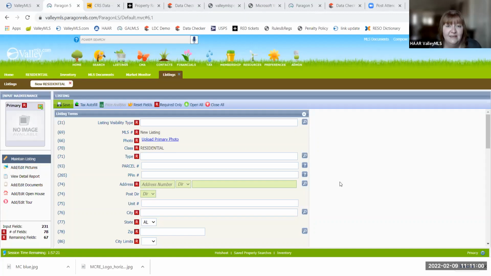Your expiration date on a proposed construction or under construction listing will hinge on the completion date. So if you put in a projected completion date, let's say of March 30th, then the system will default your expiration date to be April 14th, because it's going to go 14 days past your projected completion date. And people sometimes will notice that it's expiring and they get frustrated that it won't let them change the expiration date, when really it's the completion date way down in the property details that needs to be updated.